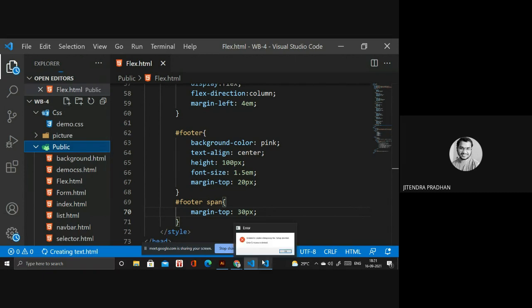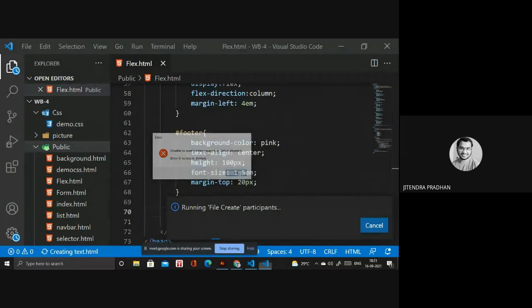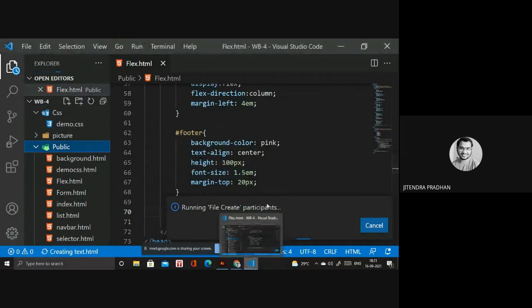It's opening many times. Unable to create temporary files setup. Okay, not an issue. Yeah, so it's creating now.